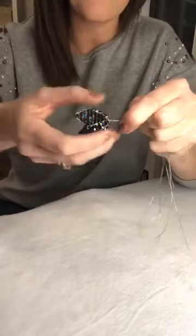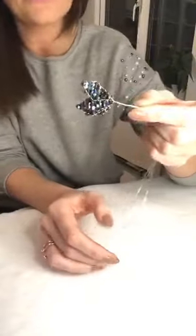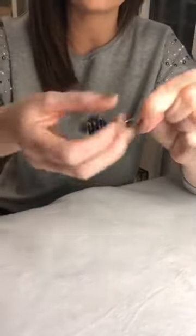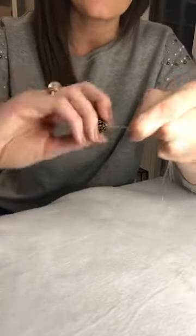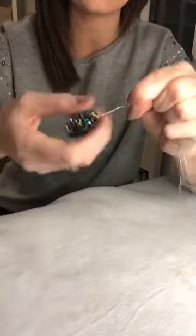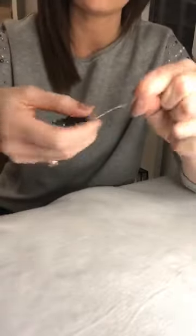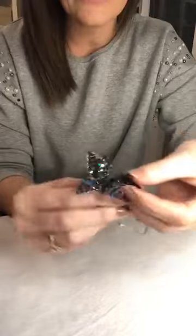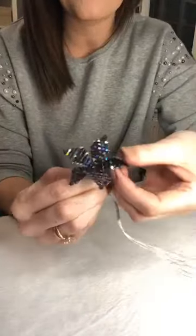And then I'm using the whole thing, and you'll see that I'm moving my hand further away from the actual flower. And with wire, the more you twist it and the tighter the twists go, the neater the twists actually become. So they neaten themselves out. So I want to give myself a really solid stem. And because I'm moving my hand away, I'm not overworking one particular point of my wire. It's moving all the way down the stem. And this is going to give me a lovely little foundation to then wrap it onto my brooch back or whatever it might be. So I'm then just going to position my petals, open this lovely flower up, and you'll